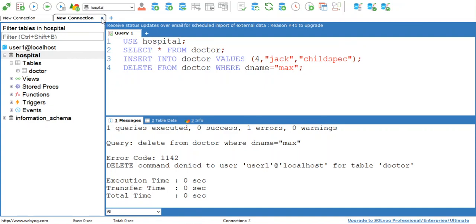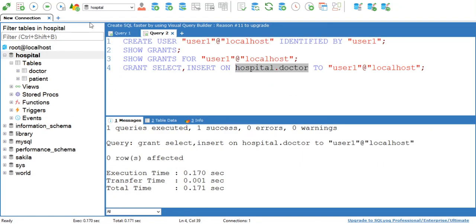Now close this connection. You can simply close this connection by using this close button. Now we are at root localhost. Now let's see how to give all permissions. See, here we have given only select and insert permission and only on hospital and doctor table.